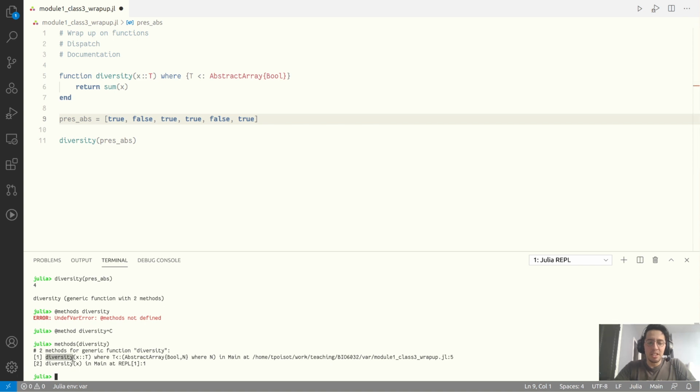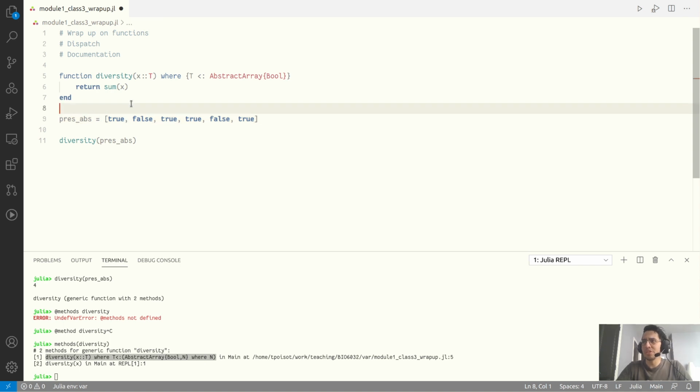This line here is interesting because we can also restrict the number of dimensions that we want this array to have. For the moment, we're going to assume that it's a vector and not a matrix, but if we want, we could restrict that to being a vector. So that is our first